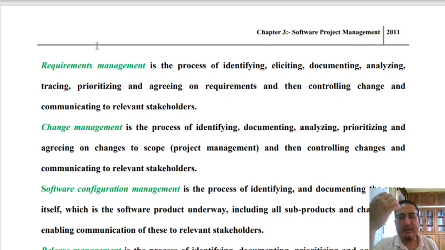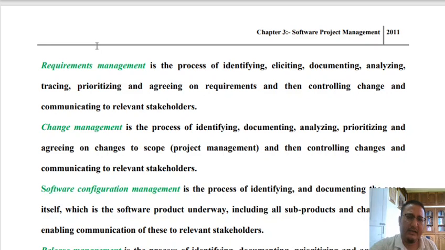The activities are identifying the potential requirements. From the potential requirement set, you identify the actual requirements. Once you identify the actual requirements, you document them. Once you document the requirements, in order to get them right, you analyze them. Whenever requirement analysis is done, problems associated with requirements are eradicated, like anomalies, ambiguities, and omissions.